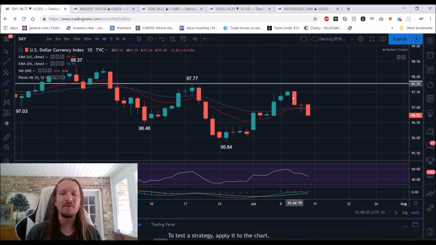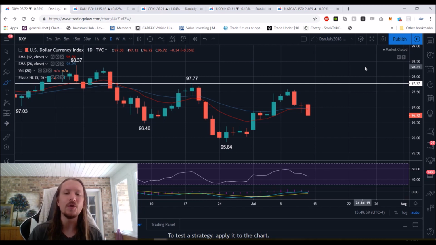The more we pull back from that top, the less likely the continuation move will be. If we form a higher low and we start some green days and get back over 97 to start this week, then the odds of continuation will favor the bulls. So again, technical analysis for us at the Chart Guys is not about predicting what's going to happen. It's knowing the most likely scenarios and then using the clues to determine the most likely of the